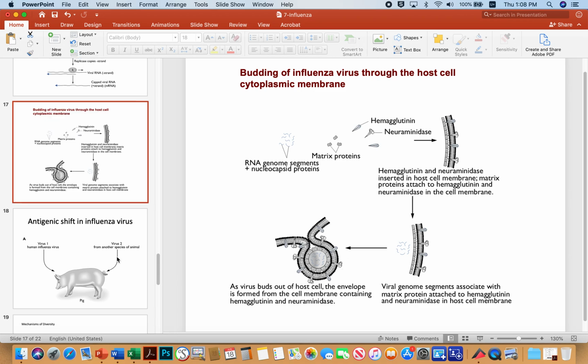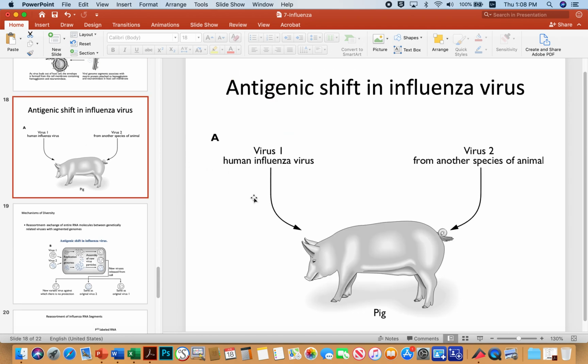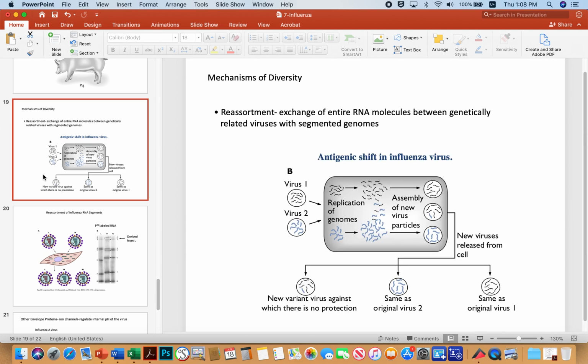And so antigenic shift in influenza viruses is what I was alluding to before in terms of the incredible ability of influenza viruses to mutate, as opposed to SARS-CoV-2 and a lot of other kinds of viruses. This antigenic shift property is why we often see waves in different flu pandemics. So if you have two different kinds of influenza virus, virus 1 and virus 2, infecting the same species of animal, in this particular case a pig, in case you didn't know what this was, you can get something called